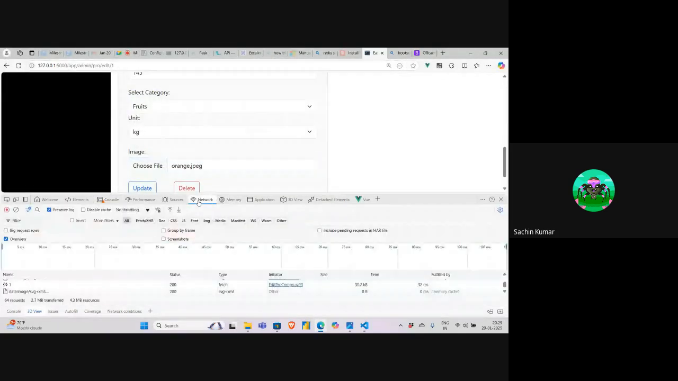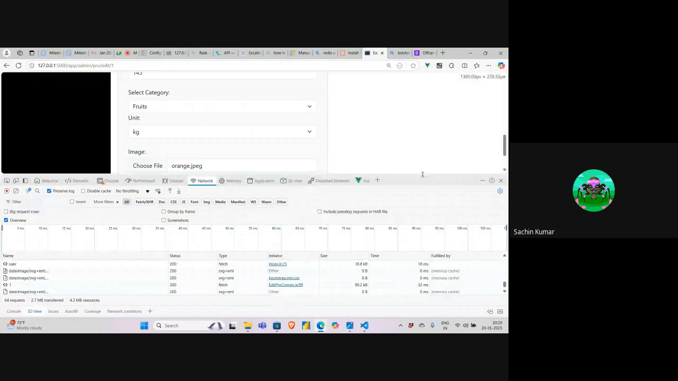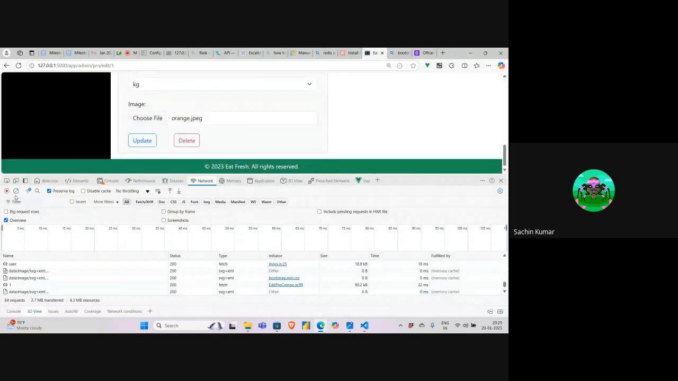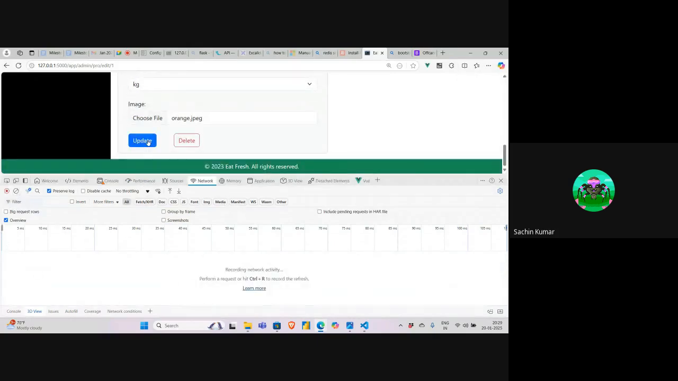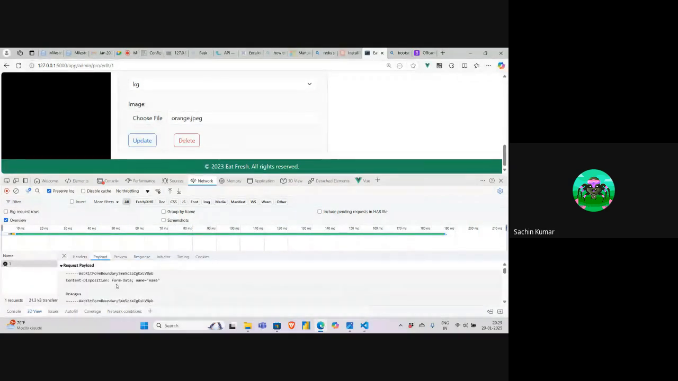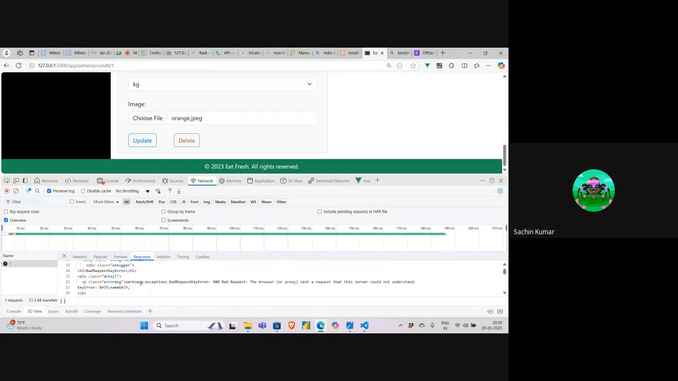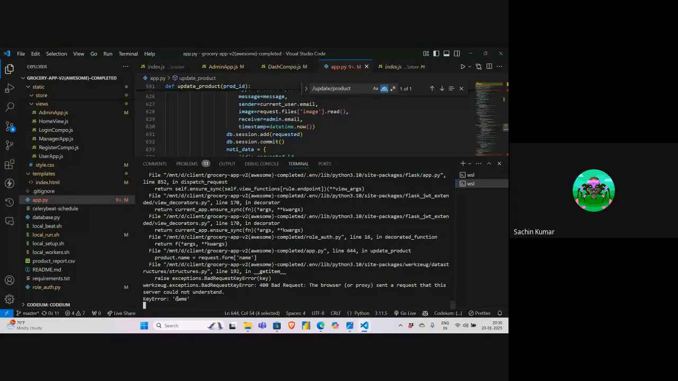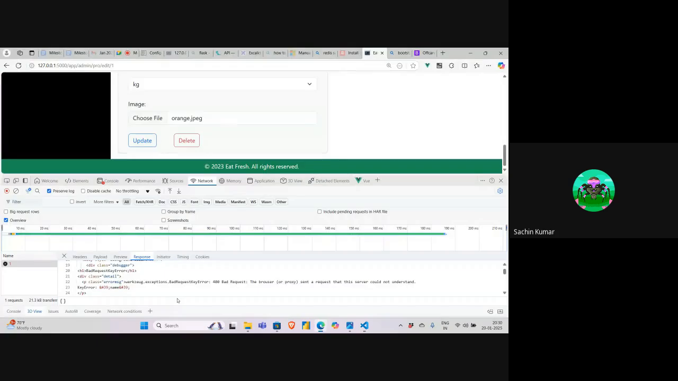Okay, we'll go to the network tab. We'll try to see what things we are sending. Disable everything. Update. Sure. Internal server error. Payload. So in the payload, no, response again. This name is not getting submitted. That means something with the